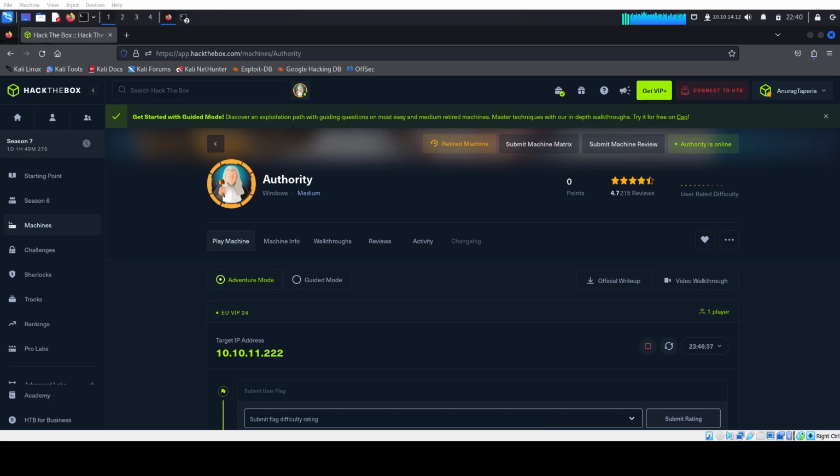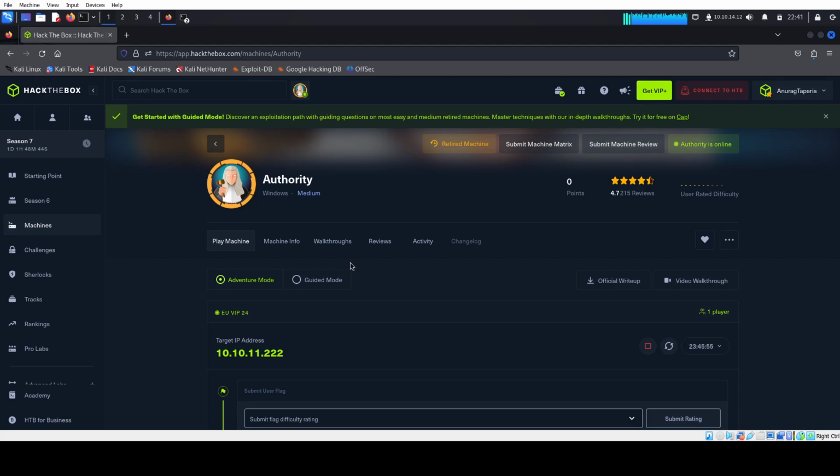In this video we'll be looking at one of the boxes from HackTheBox, and the box is Authority. It is a medium rated box on HackTheBox, which is an Active Directory based box. The skill we'll be learning is how to crack Ansible vaults. We'll be exploiting PWM, that is password management for Active Directory services. Sorry, it is a password self-service application for Active Directory, LDAP directories,